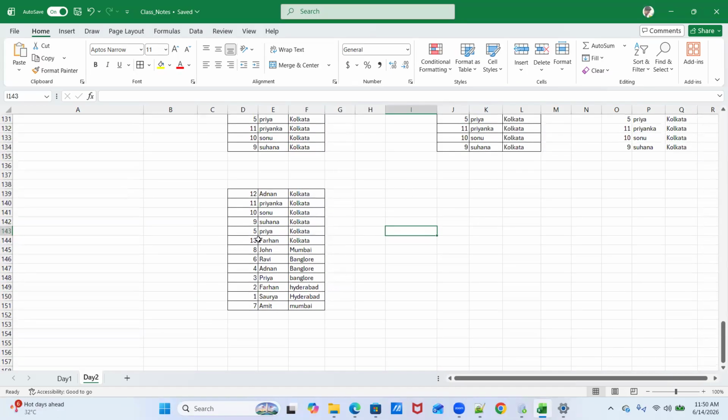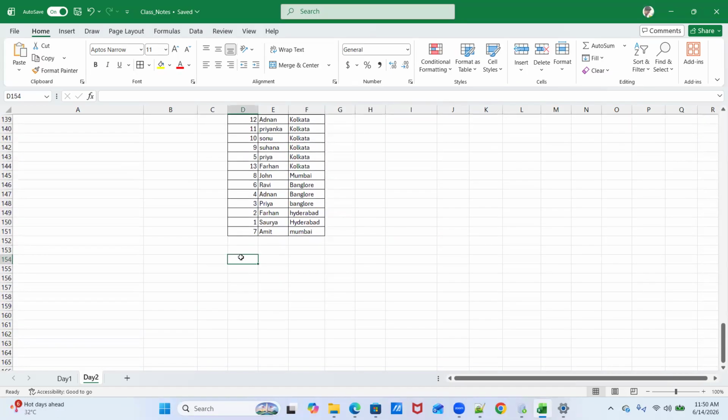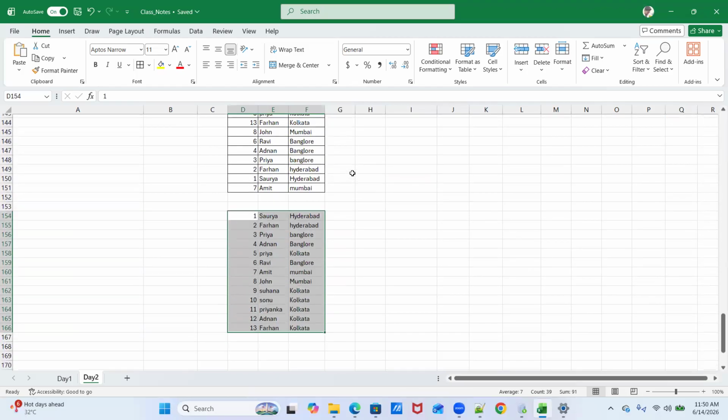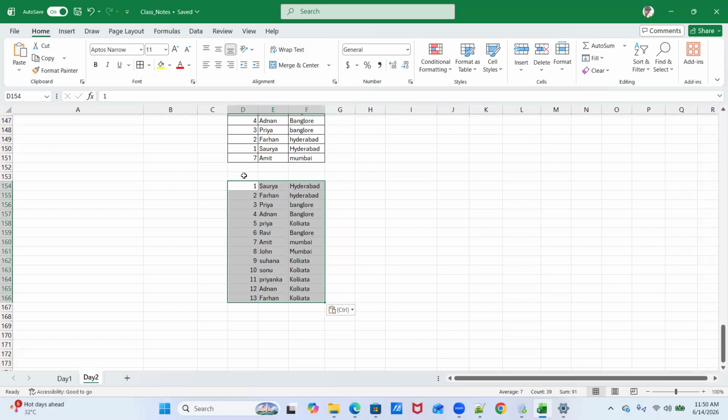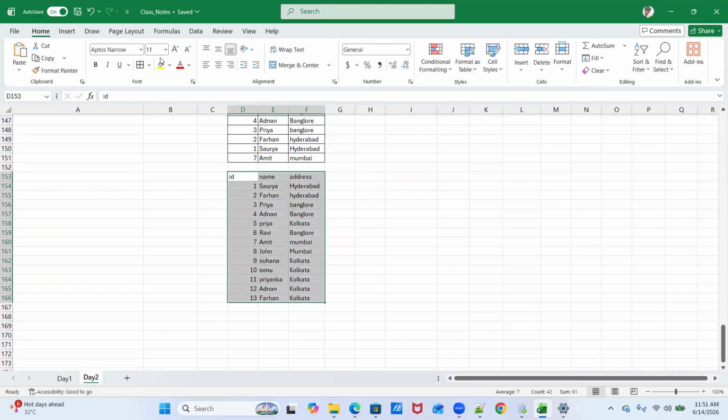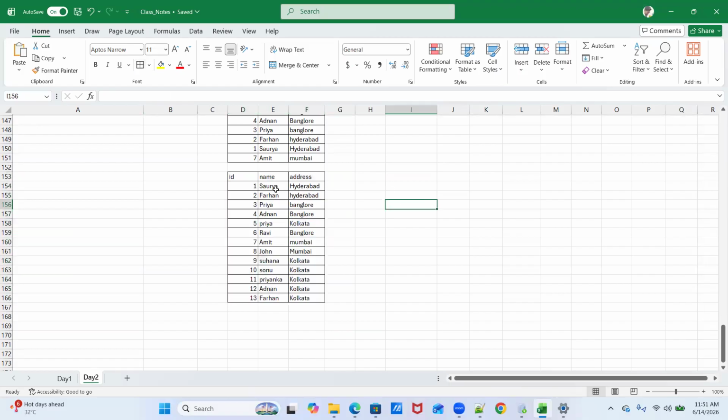So this is my result set, with ID, name, and address. And this is my actual data, how the actual data of the table looks. We have 13 records.